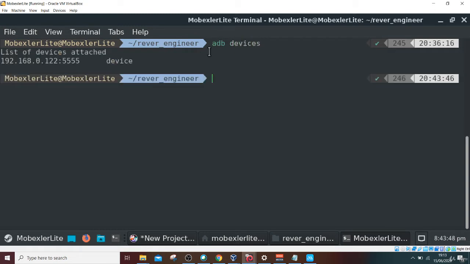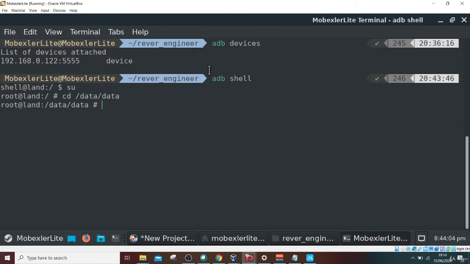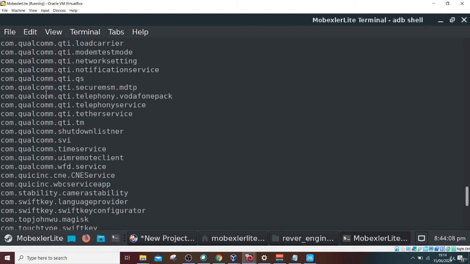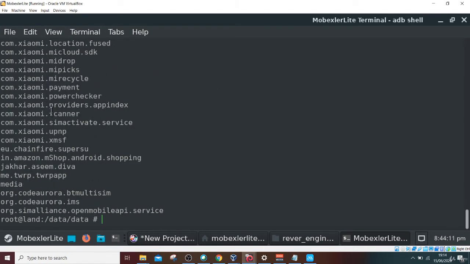It says it is attached. Now go for adb shell. We have to get root access to reach the data folders. Now cd slash data, then ls, and we can see all the user-installed application folders.